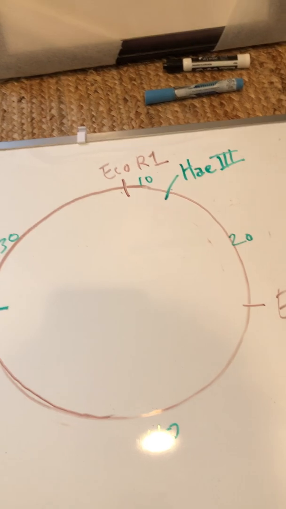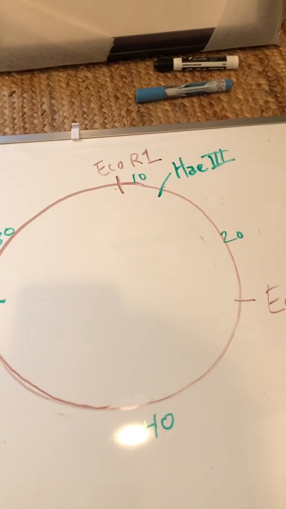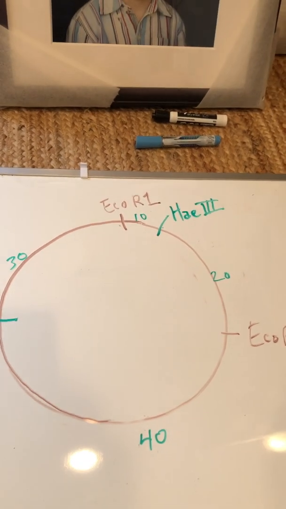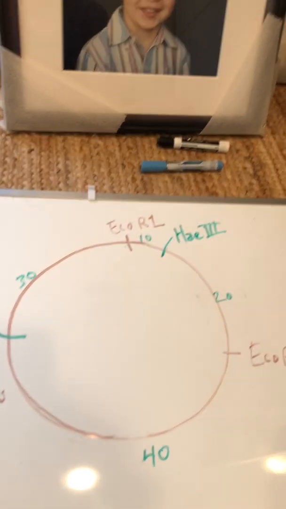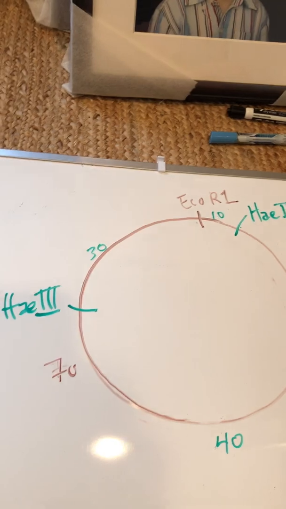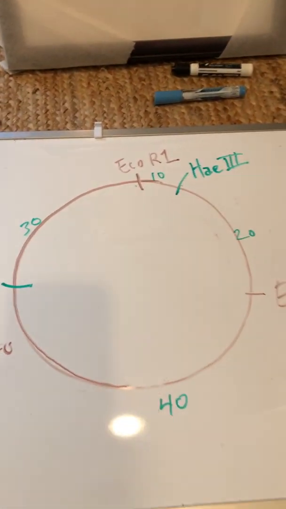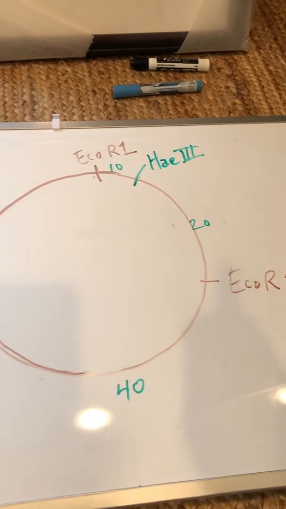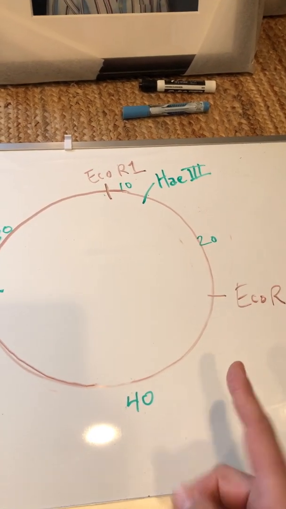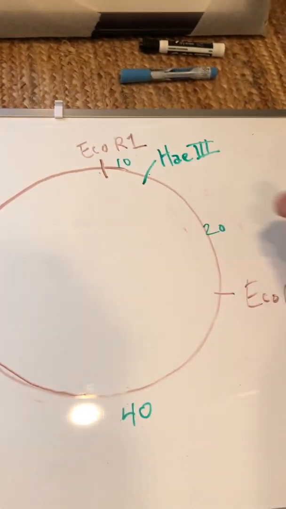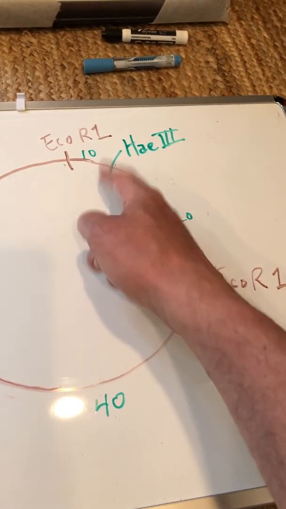Okay, well, recombinant DNA is when DNA from two species are mixed together. So what I would need to do, let's say we're taking DNA from a eukaryote, for example. Let's say I had some chimpanzee DNA. I would need to cut out a chimp gene using the same restriction enzyme that I cut this plasmid with. So let's say that enzyme is HaeIII. If I cut my chimp DNA with HaeIII and I cut this with HaeIII,